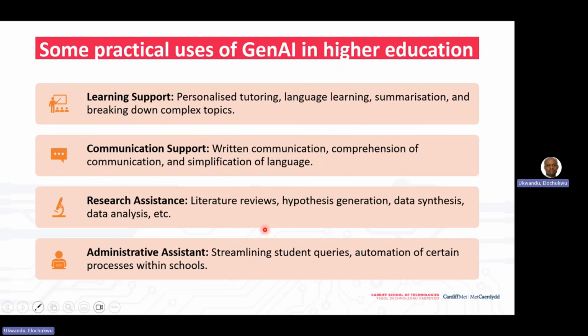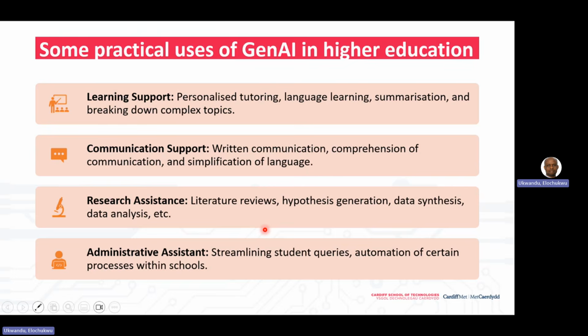AI tools like LLMs, like ChatGPT, Claude, are more like knowledge aggregators. They just aggregate information and then present it to you. You now look through it and validate and verify the correctness of it. Or they are used as communication support. You can use them to write, correct your grammar, and do some kind of formatting.